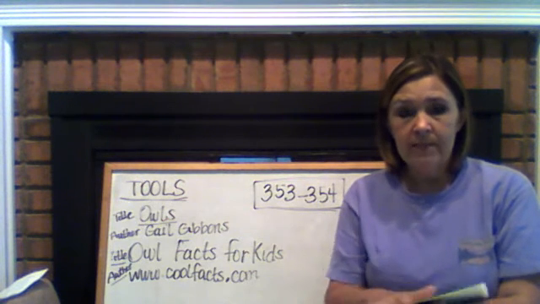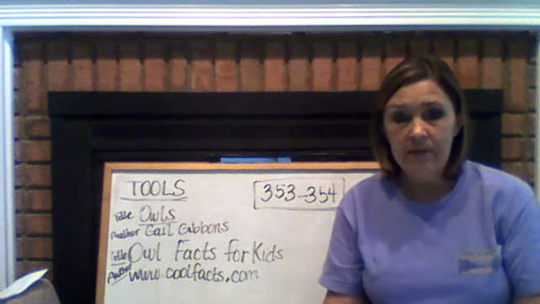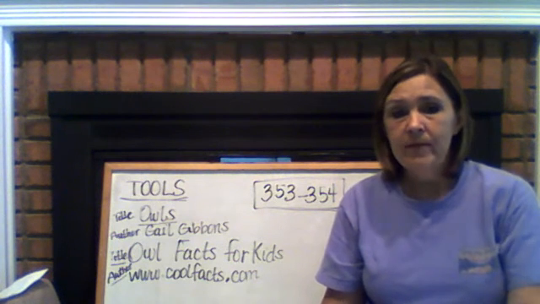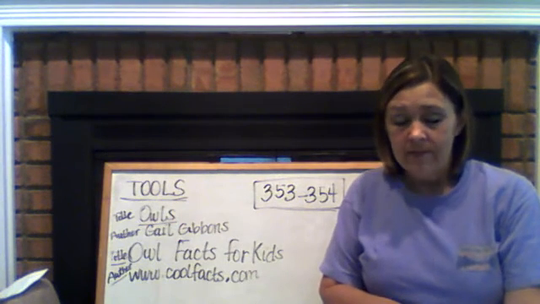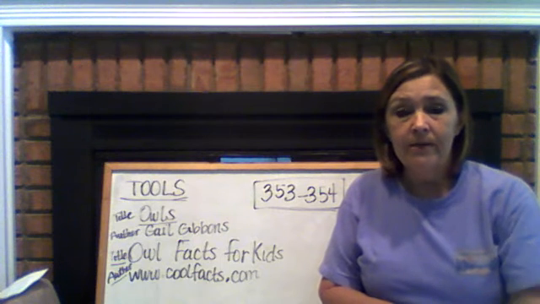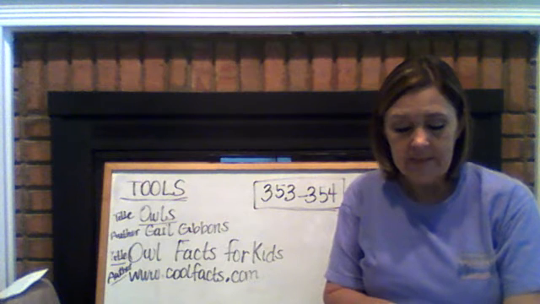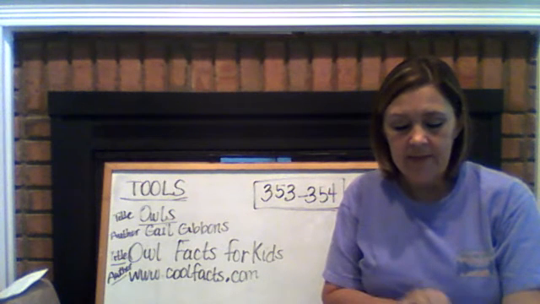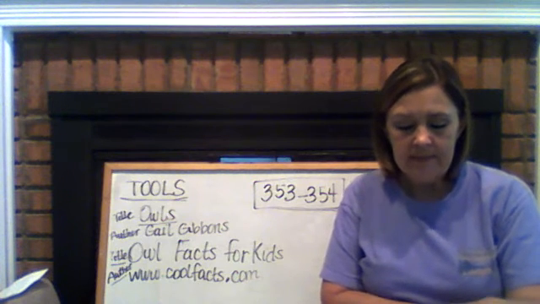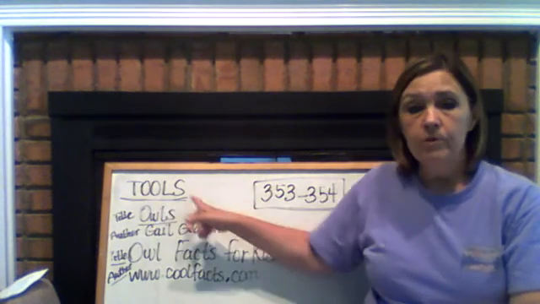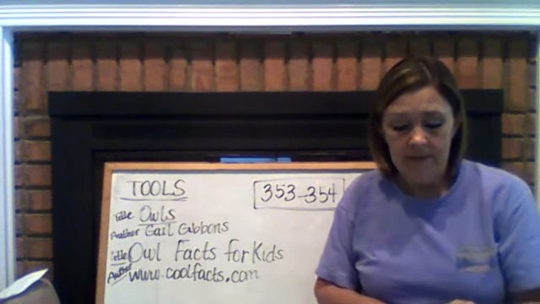Now, before we begin discussing where you're going to get your facts from, we're going to go back in our English books and look at page 331. And on page 331, we have an acronym, TOOLS, that's going to give us some safety tips for using the internet for research purposes. On page 331 in the top, it says, the computer connects us to the internet. The internet provides information about many topics. To use the internet safely, remember to use our tools. And each of those letters is going to tell us a rule for using the internet.